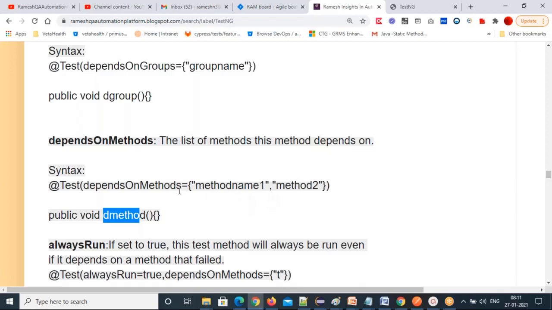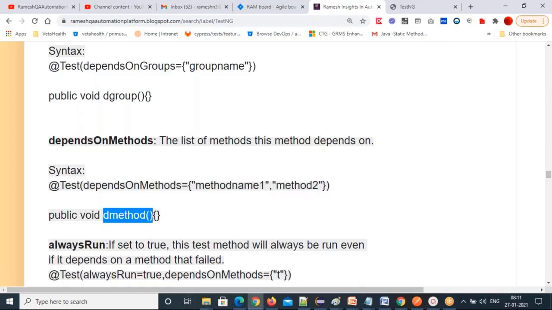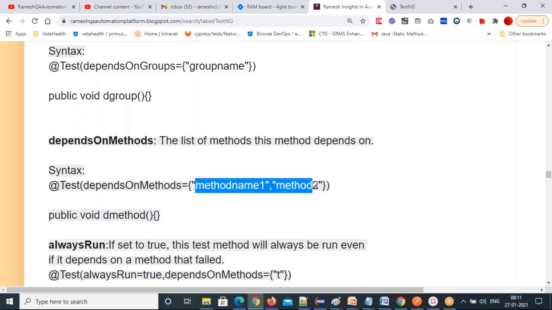Before executing this D method, first these methods will execute, and if they ran successfully, then the D method will execute. If any one method fails here, then the D method will skip. It won't execute. That's a dependency you are setting among test methods.